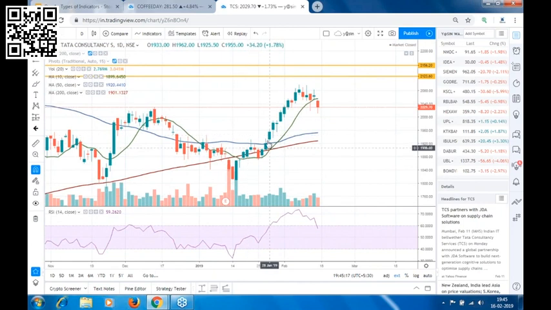Actually your trade was formed over here when you saw this candle closing above 50 moving average, and you could have entered above the high of this candle. The high of this candle is 1962, and from there it went up and made a high of 2097 in how many days? 1 2 3 4 5 6 7, 7 or 8 days. You can see a continuous rally in the stock.